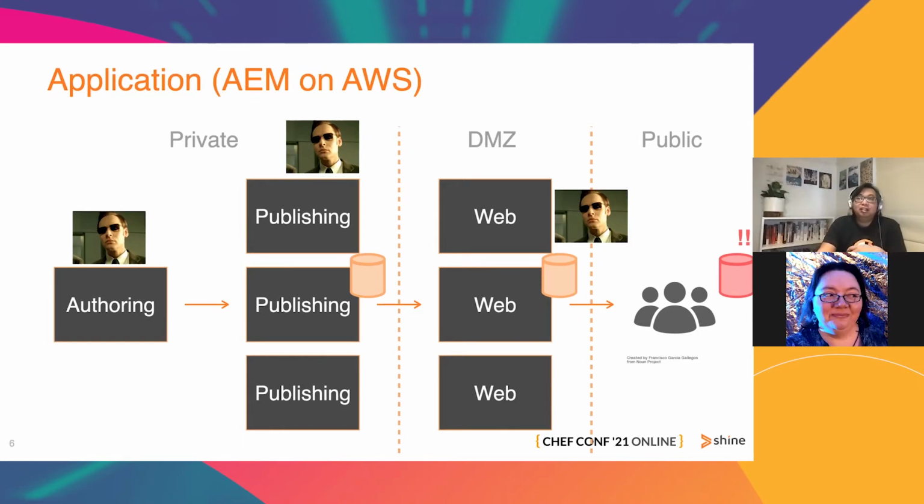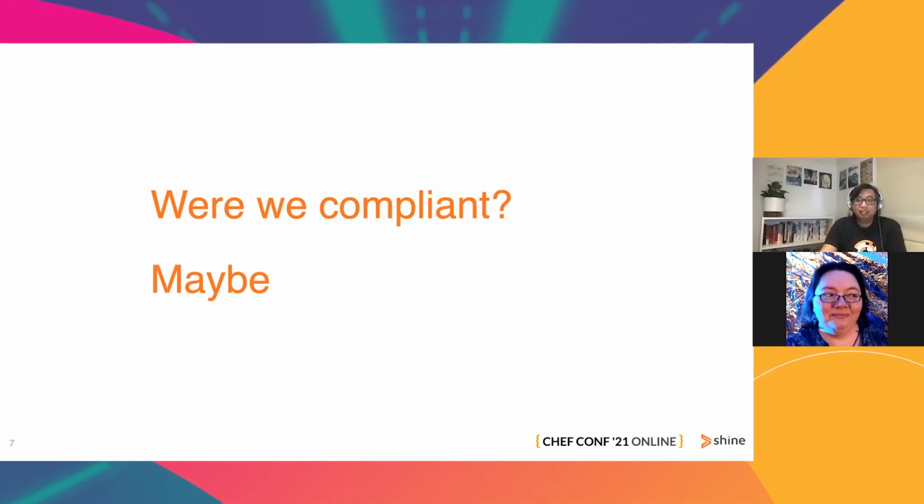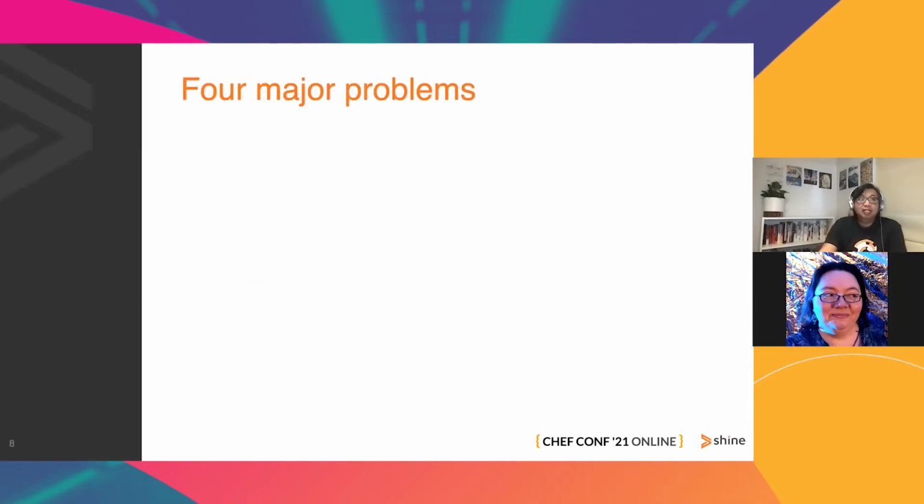So the $6 million question at the time is actually, were we compliant? And no one could say for sure, because it took 3 to 5 days for a single environment to be verified. And even then, we had to rely on humans to be really diligent and be really careful about everything. So were we compliant? The best answer anyone can say was maybe. No one knew. So we identified 4 major problems really, out of that initial pipeline delivery.